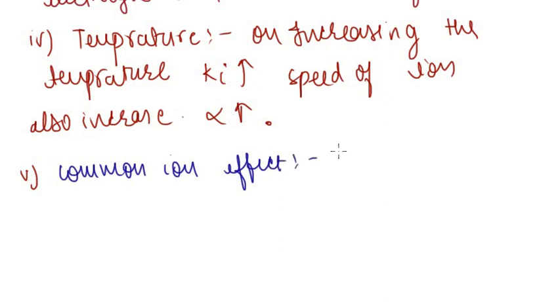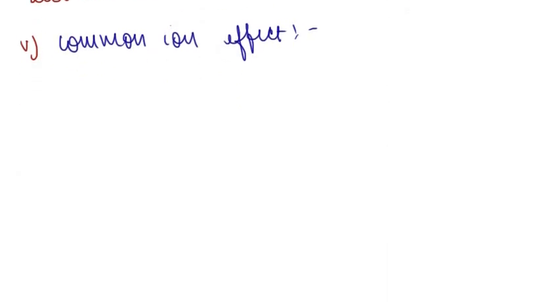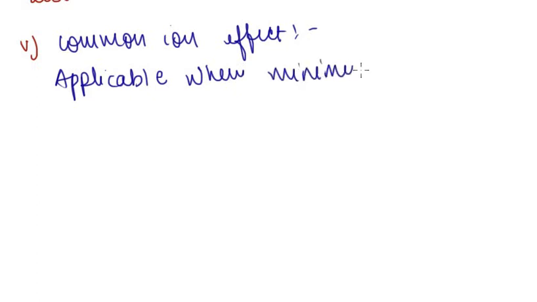Now there is a new term you will be learning here, that is known as the common ion effect. First of all, we will be learning what the common ion effect is. It has a lot of use in this ionic equilibrium. So first of all, what is this effect and when is it applicable? It is applicable whenever a minimum of 2 electrolytes are present